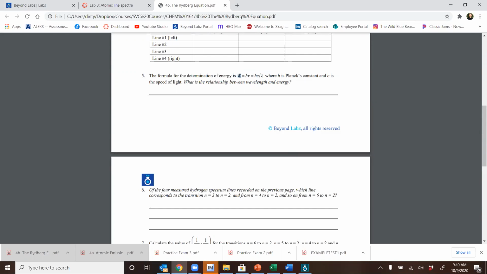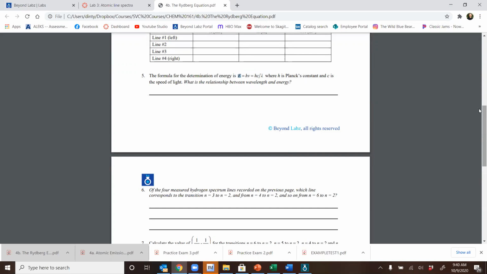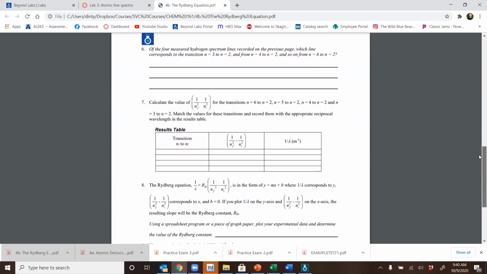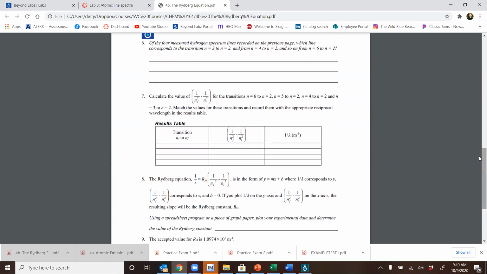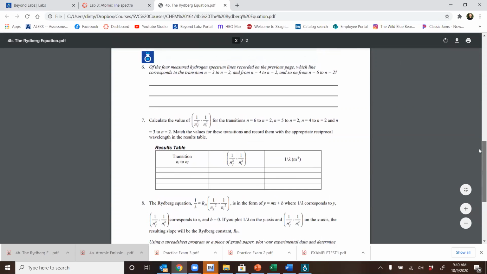What can we say about the relationship between wavelength and energy? And by that, I mean, is it a direct relationship? As wavelength gets bigger, energy gets bigger. Is that true? Or is it an inverse relationship? As wavelength gets bigger, energy gets smaller. So that's what you have to tell me. And then you have to use the Rydberg equation to be able to figure out